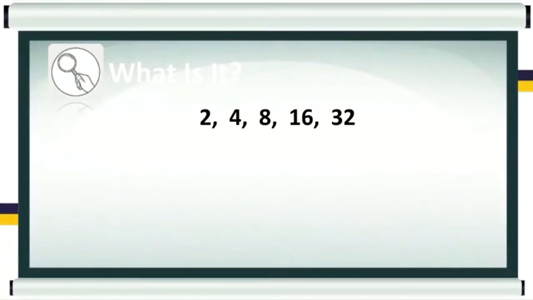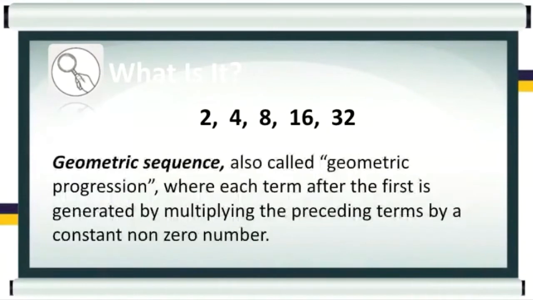Also called geometric progression. Each term after the first is generated by multiplying the preceding term by a constant non-zero number. This constant non-zero number that we multiply to the terms is called the common ratio. It is denoted by the variable r. Okay, so geometric sequence